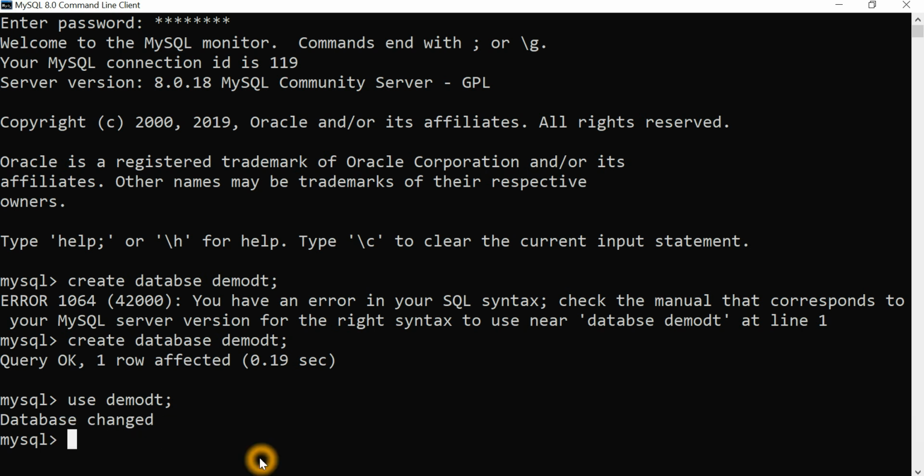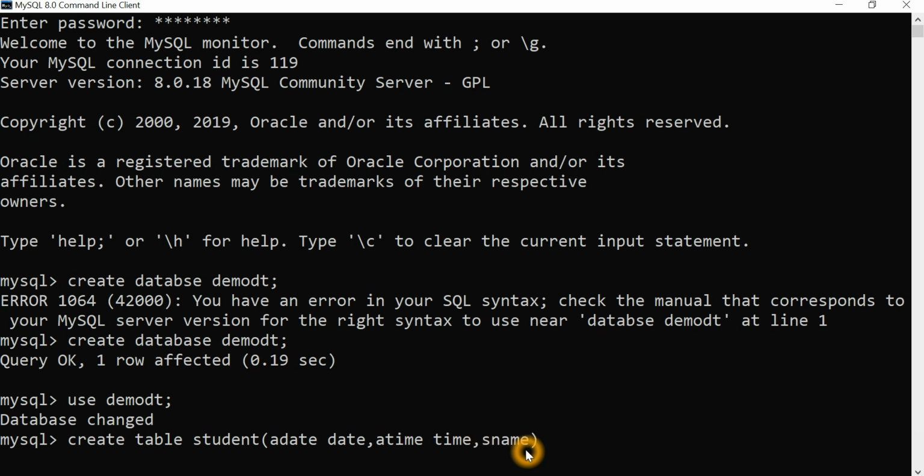Inside this database, I am going to create one table. The table contains 4 fields. So create table, and the table name is student. What is the admission date? The data type is date only. What is the admission time? The data type is time only.